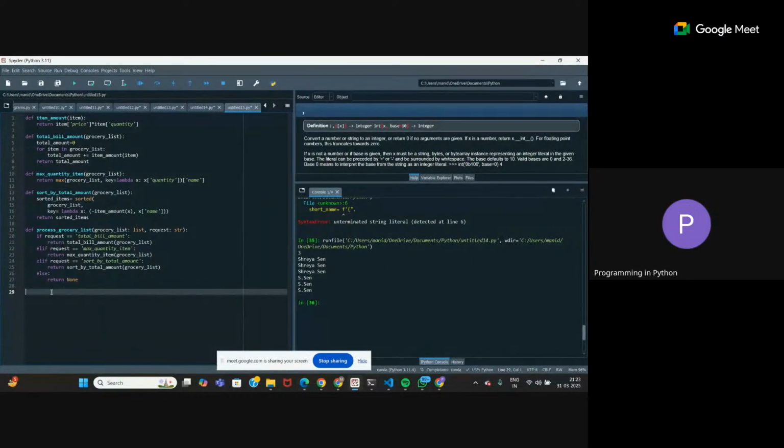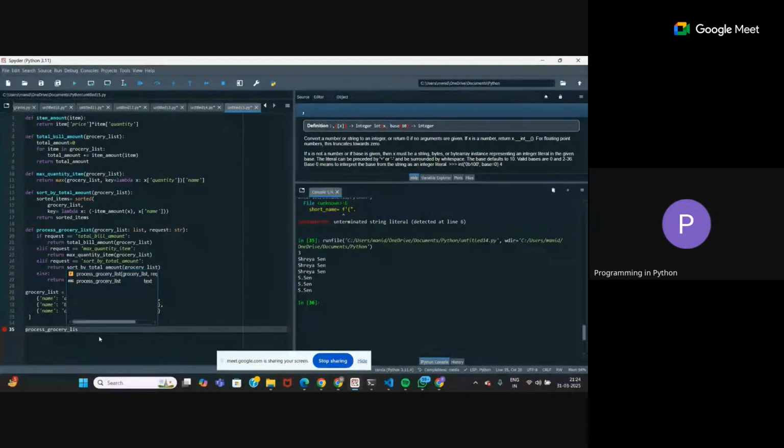Okay, create the grocery list. Now let's call process grocery list. Let's call the first request, total bill amount.